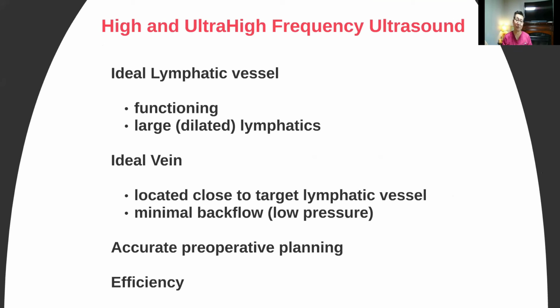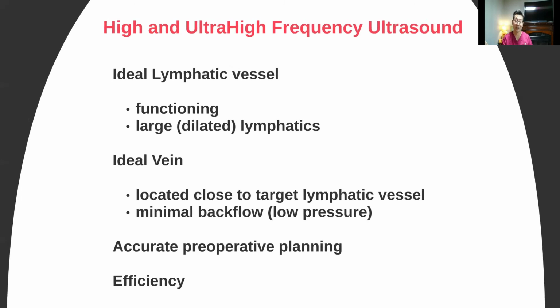For me, it also allows me to identify larger lymphatics when multiple lymphatics are there. It also allows me to select the ideal vein with minimal backflow, as well as locating the closest vein near the lymphatic vessel. And it just gives you much more accurate preoperative planning and overall decreases your surgical time,